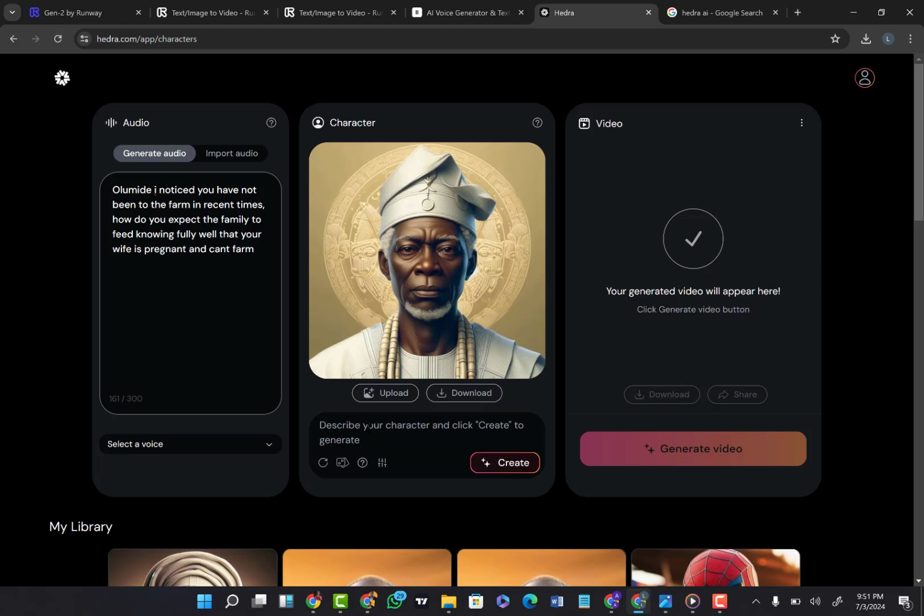So that says describe your character and create. Usually this is in the event that you do not have a character, so you just input what you want, and then it's going to bring a character for you. Alright, so now we're done. So the next thing we want to do is to